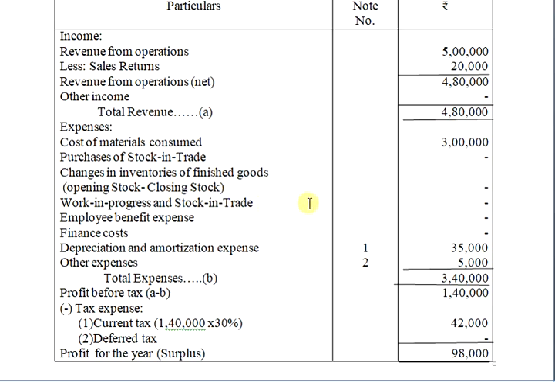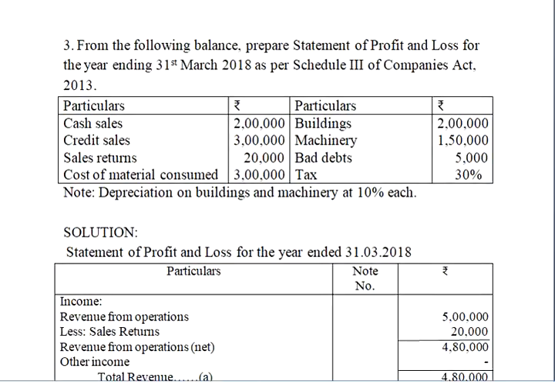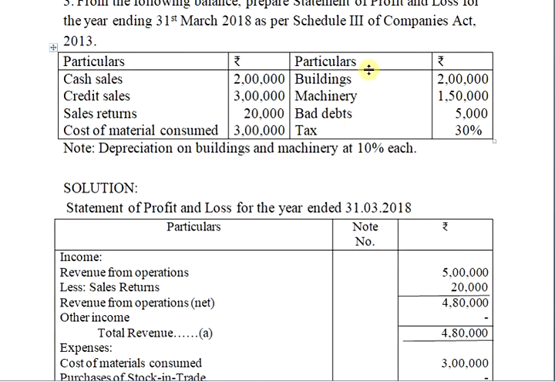Work in progress and stock in trade, it is nil. Employee benefit expenses, is there any employee benefit expense? Nil. Finance cost also nil. Depreciation and amortization expenses, note number 1, 35,000 we have taken, check here. Buildings and machinery values are given; here we don't have to consider the values themselves, but somehow